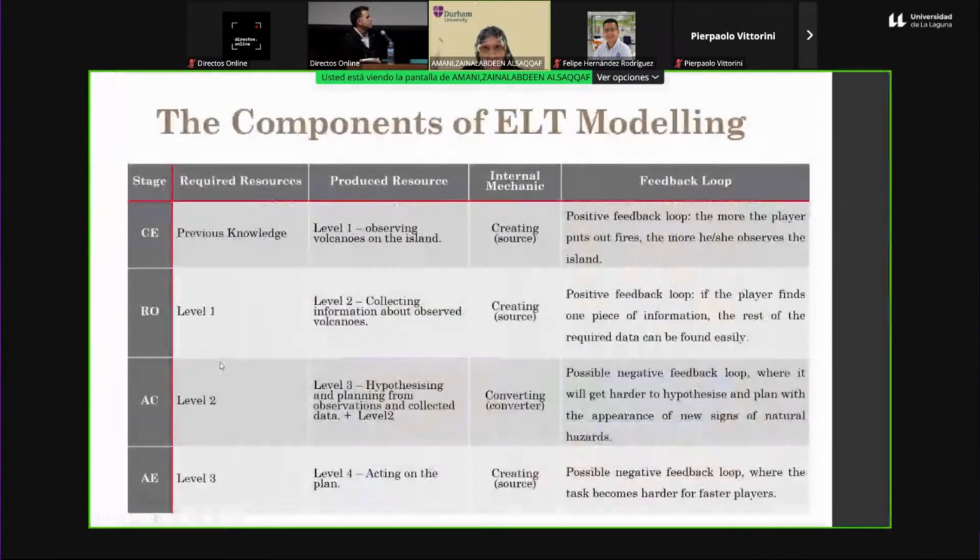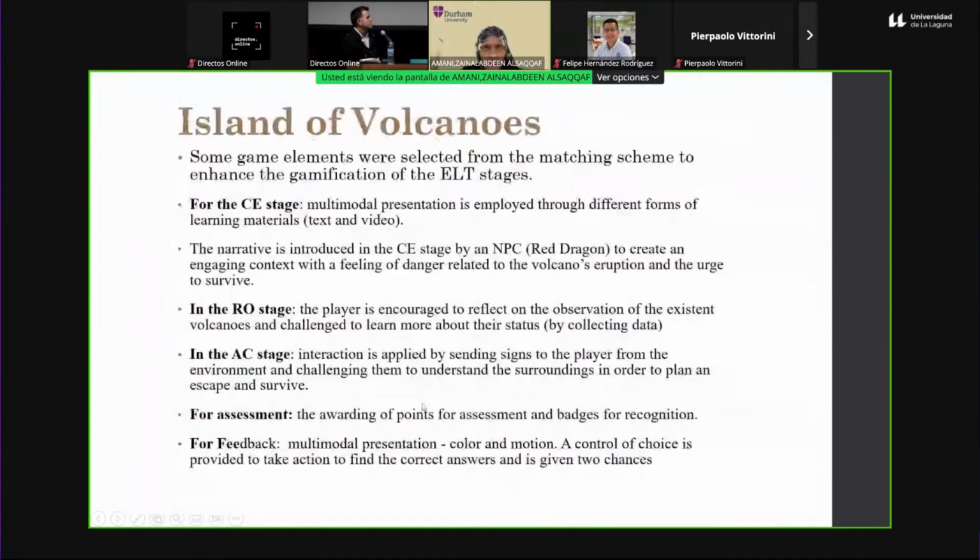The same concept is used for the 3rd and 4th levels of the learning stages. Again, the next step is linking these resources to some game elements from the matching scheme. For example, for the first stage,